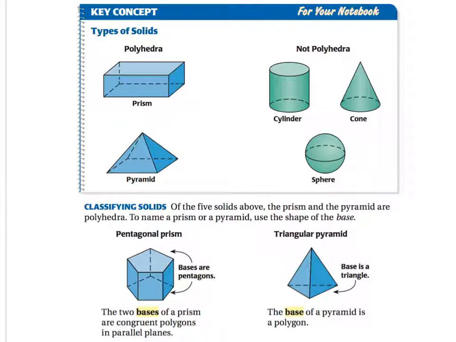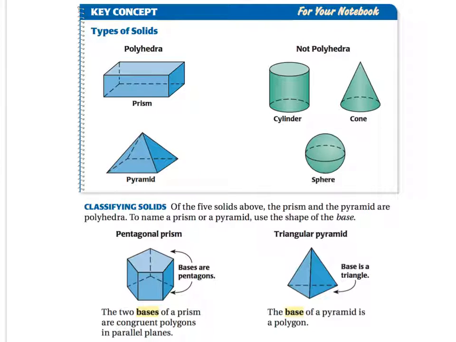If you're trying to classify a solid, it says of the 5 solids above, the prism and the pyramid are the polyhedra. So this would be a prism and this would be a pyramid. To name a prism or a pyramid, use the shape of the base. The difference between a prism and a pyramid is that a prism has 2 bases, whereas a pyramid only